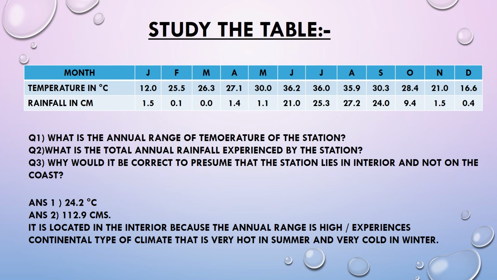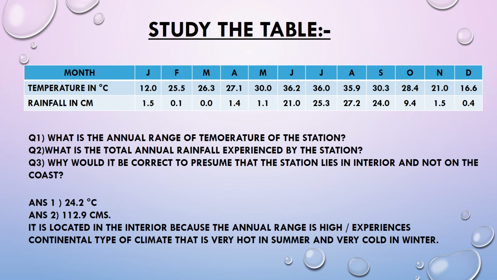In this table, what is the annual range of temperature of the station? Now you have understood how to do it. Maximum temperature minus minimum temperature. So the answer is 24.2 degrees centigrade. What is the total annual rainfall experienced by the station? You add up all from January to December, you are getting